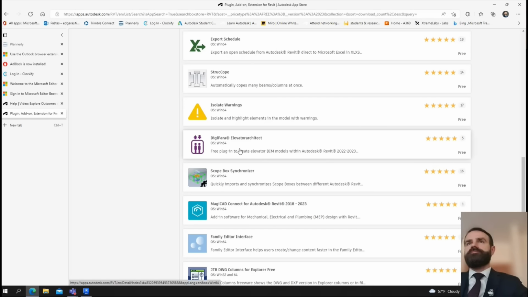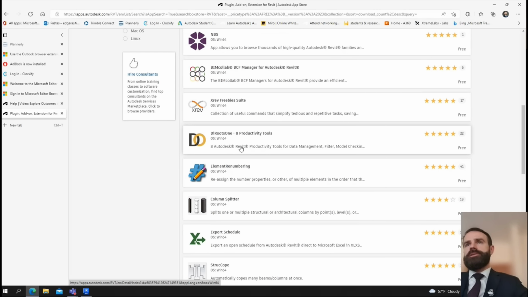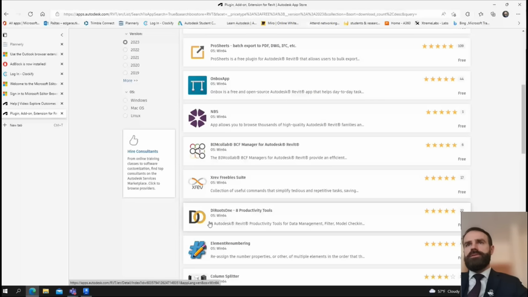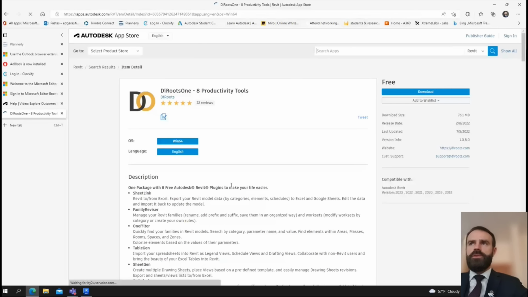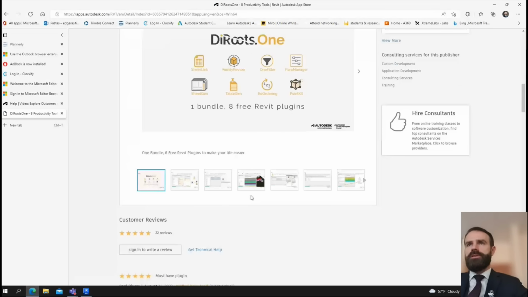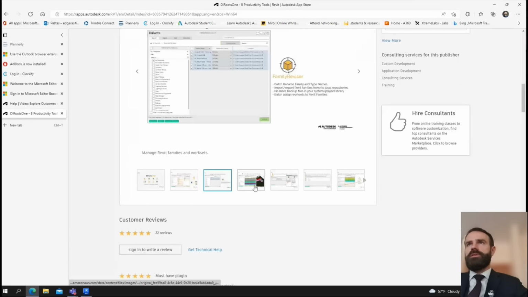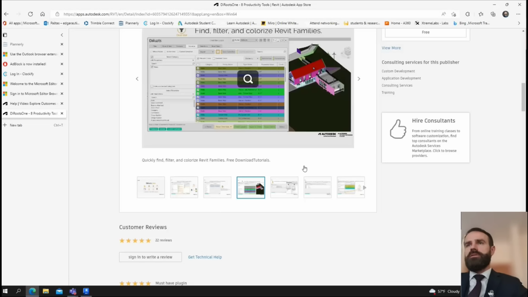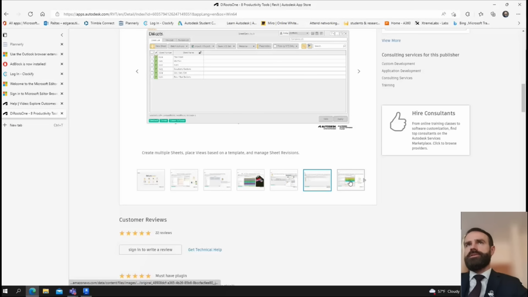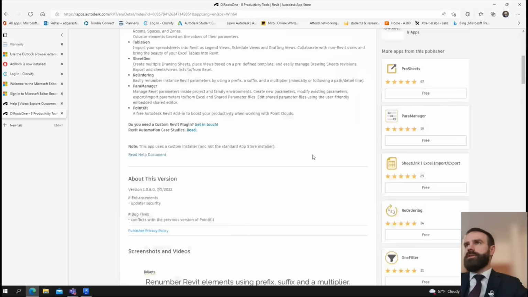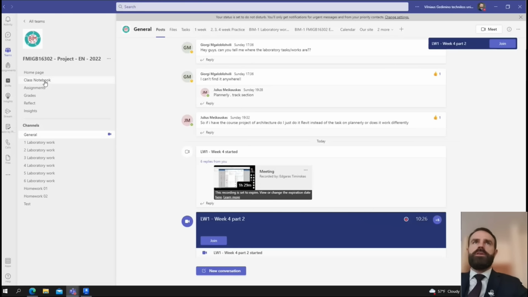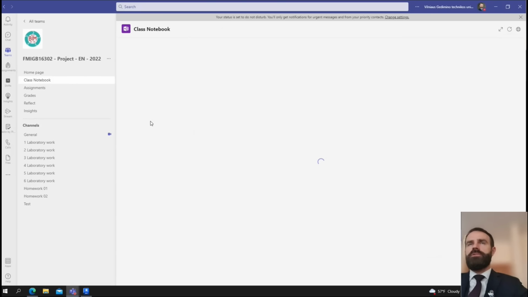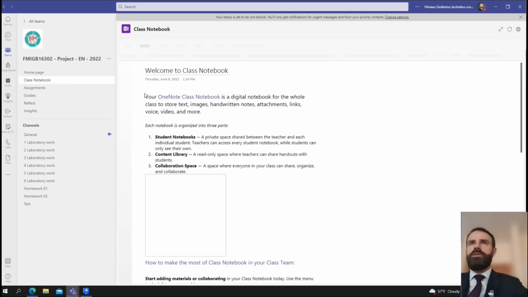In our practice, we now actively use the DiRoots tool. It's a free application, and it has a lot of powerful tools for project management and creating drawings and other things. You can export information to Excel, you can color in your project and do a lot of interesting things on your project. So regarding other tools, you can go to the class notebook, and in the class notebook, recommended applications,